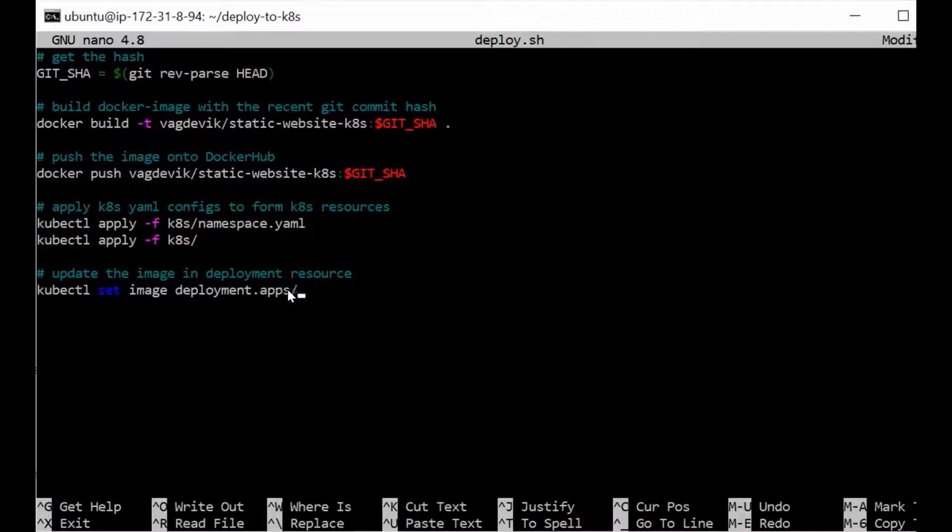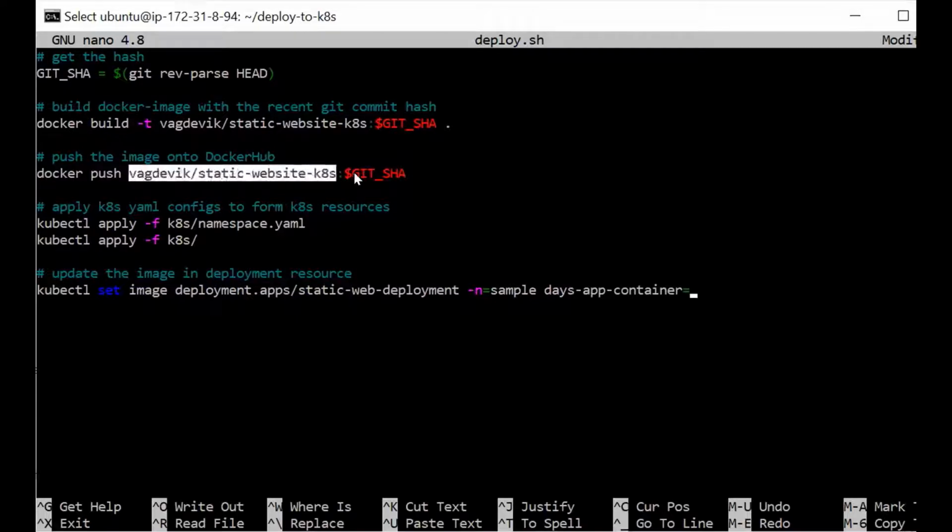deployment.apps static web deployment. The namespace is sample. I will explain all these things, don't worry. And then base app container equal to this image.